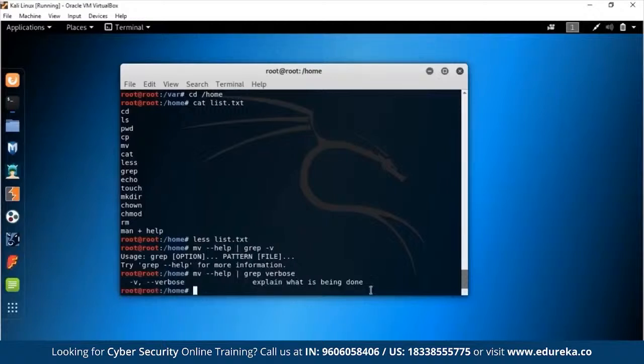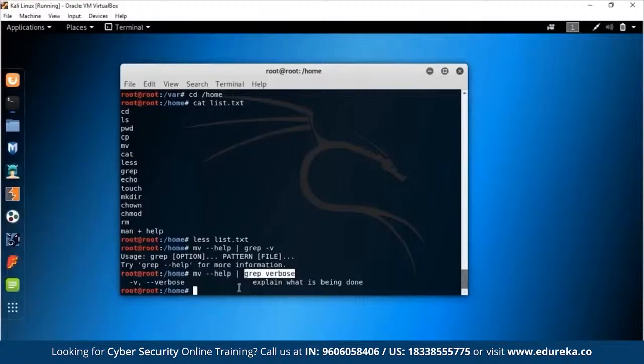Explaining what is being done: we took this first command and then we filtered it, and filtering is done through the piping. Think about it as taking some information and pipelining it through something else, which funnels it out of this command, which is grep. You can use mv --help in conjunction with a bunch of other commands, not just grep, and I'll leave the creativity up to you. Grep is basically used for getting what you want from a file, and it is used very, very much throughout this Kali Linux tutorial that you're going to be watching.